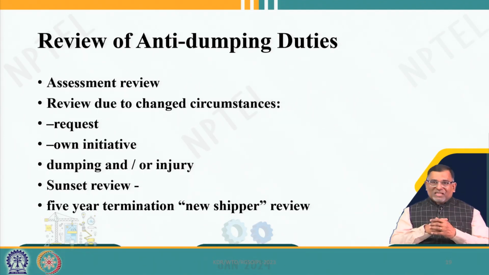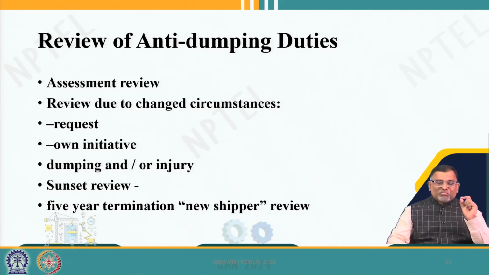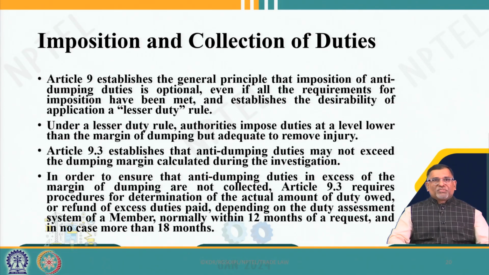The anti-dumping duties to be terminated within 5 years. So, this assessment can be done with a request from the exporter or even a request from the complainant, or on their own initiative by the investigating authorities also, but it is mandatory to do at the end of 5 years. No application is required at the end of 5 years. So, if they want to do it before, then they have to give an application. So, the sunset review provision is for 5 years.